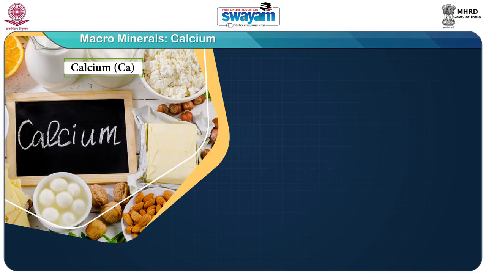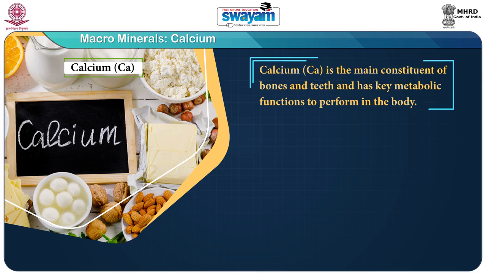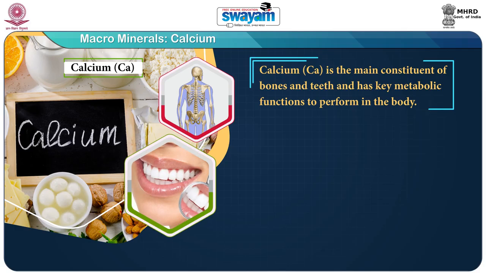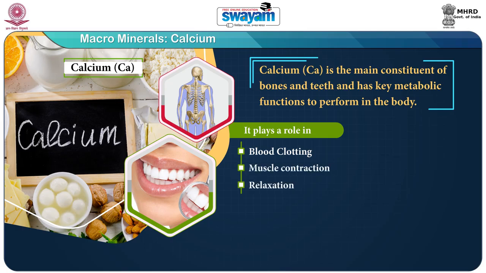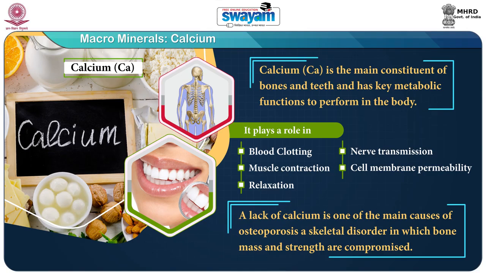Now, let us first take up macro minerals, and under this, calcium. Calcium, as we all know, is the main constituent of bones and teeth and has key metabolic functions to perform in the body. It plays a role in blood clotting, muscle contraction and relaxation, nerve transmission and cell membrane permeability. A lack of calcium is one of the main causes of osteoporosis, a skeletal disorder in which bone mass and